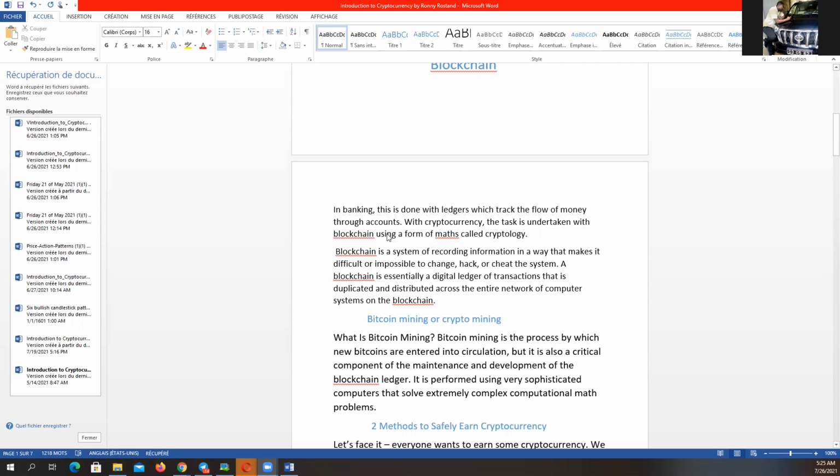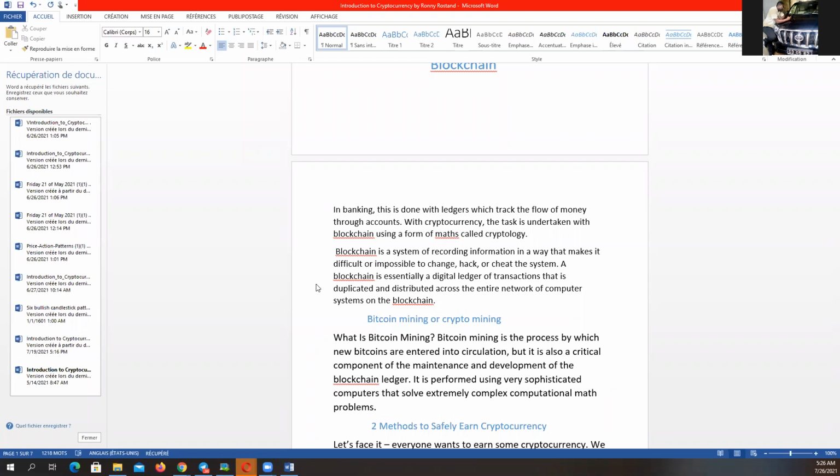You come to realize that blockchain is a system of recording information in a way that makes it difficult or impossible to change, hack, or cheat the system. A blockchain is essentially a digital ledger of transactions that is duplicated and distributed across the entire network of computer systems on the blockchain. So don't let the words confuse you, but understand that blockchain is simply a digital ledger that is being used to do what? The recording of information